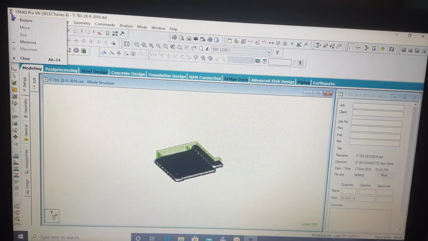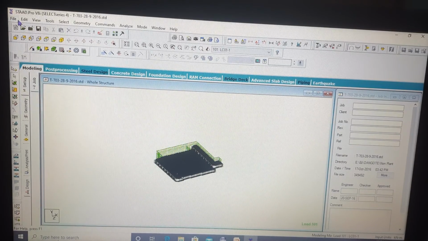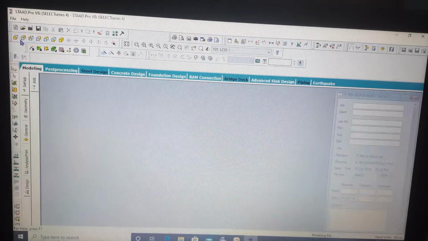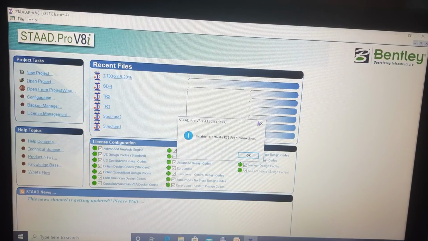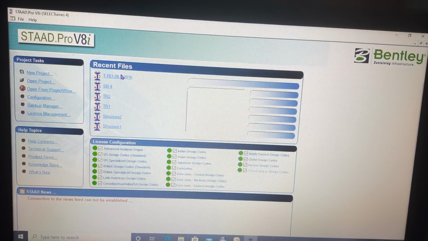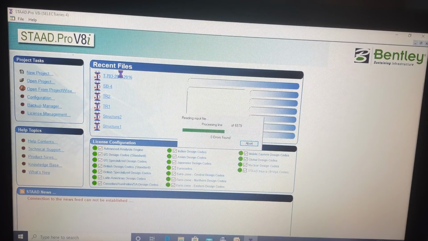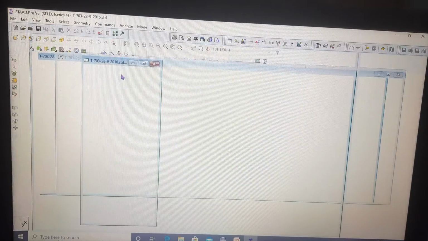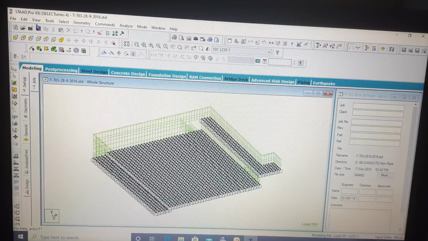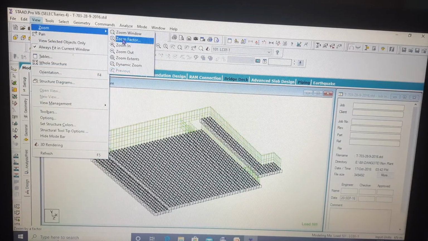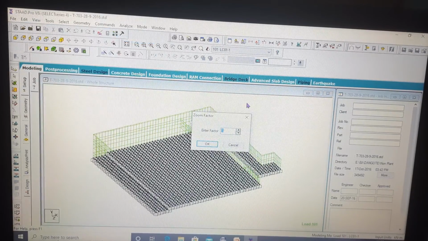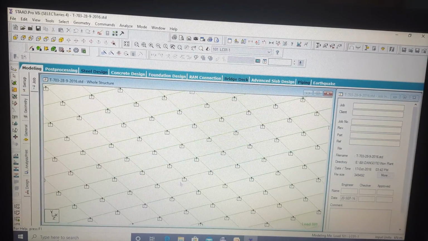So if you open it again, then it will be very much useful, otherwise you will not be able to see. Say I am opening it again, and I click on zoom factor, say I want to view it 10 times bigger. So this is how you can see over here.